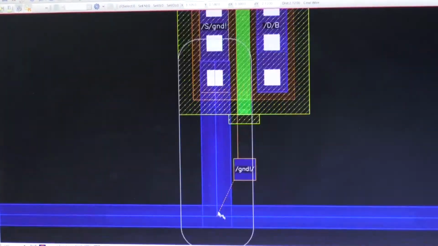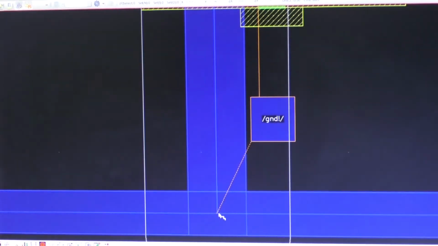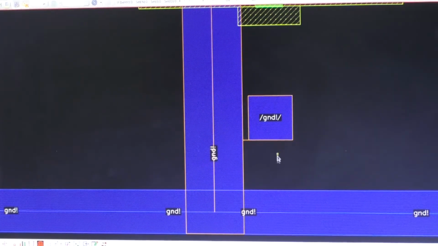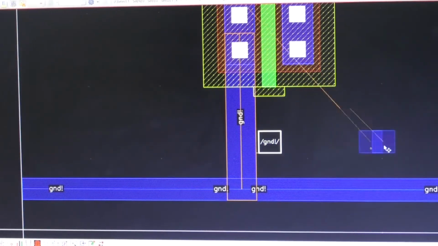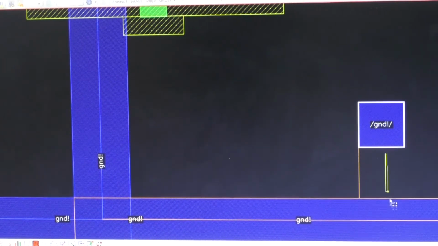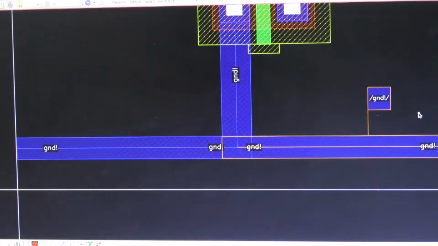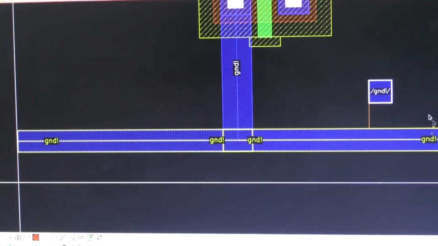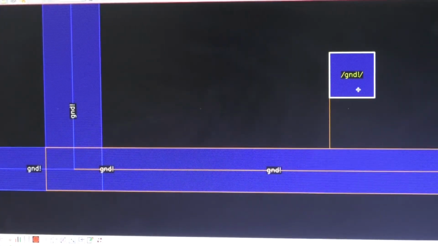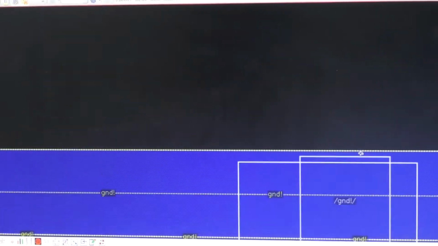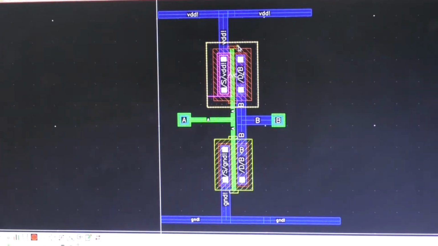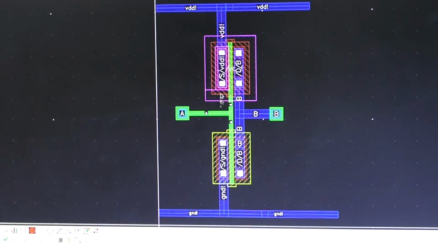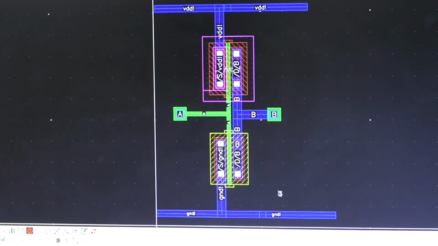This is for VDD, and this is for the VSS rail, and here I am placing the ground pin. Now this is going to act as the lower power supply rail. I am going to place this pin inside this poly. Now these two transistors are connected to the VDD and the corresponding ground pins.